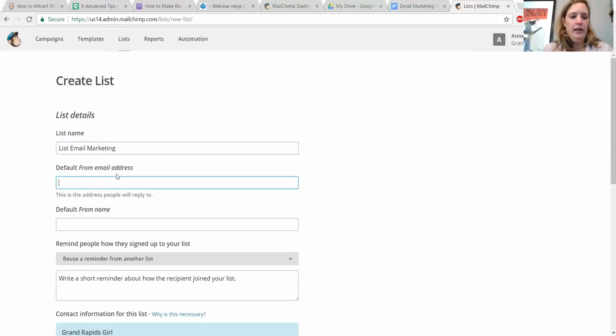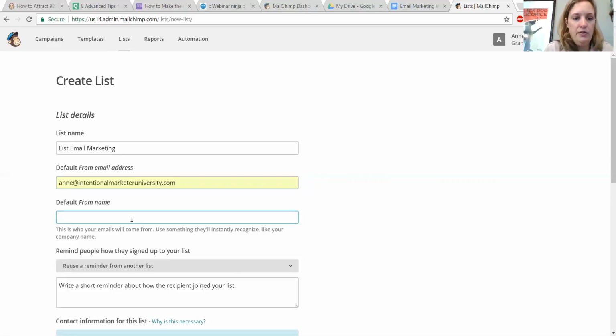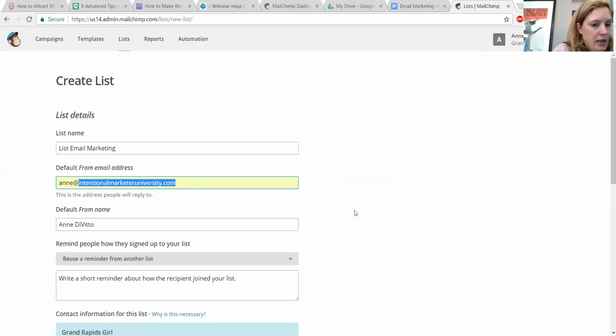So my default email address, I just wanted to make a quick point about this. This is also in our article on goionu.com, where you might have found this webinar, but MailChimp is going to go ahead and stop using free email addresses for your default from email address. So when I say free, I mean Hotmail and I mean Google, Gmail, you're going to need to have an email domain. So I, of course, have Intentional Marketer University. And if you don't have an email on your own domain, which means something other than Gmail